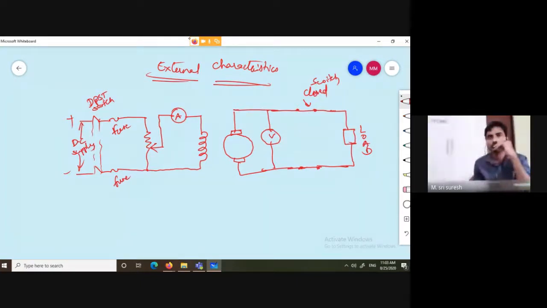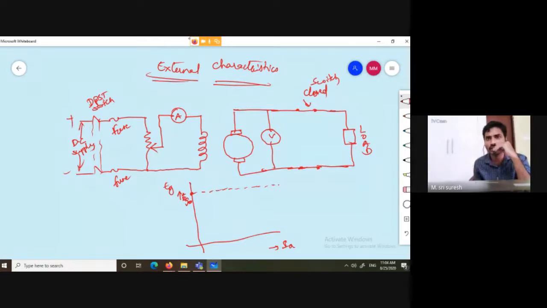Okay. So in order to perform the external characteristics, first we must consider the internal characteristics. You already know internal characteristics are drawn between EG and IA. And again, I am drawing the internal characteristics. To draw them, we must take the point of maximum value of the open circuit test, which is nothing but EG naught. EG naught is the no load open circuit generated EMF. It is a constant line obtained from the open circuit test, so we are taking it as a reference.